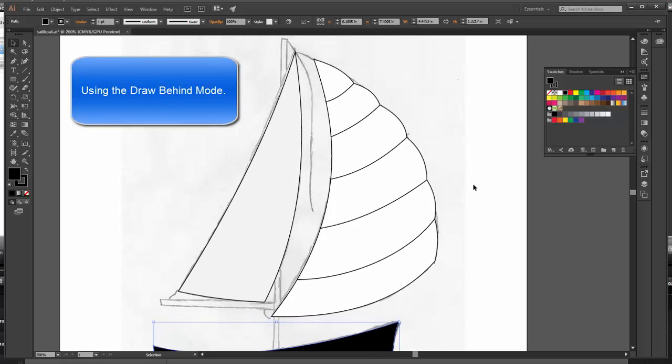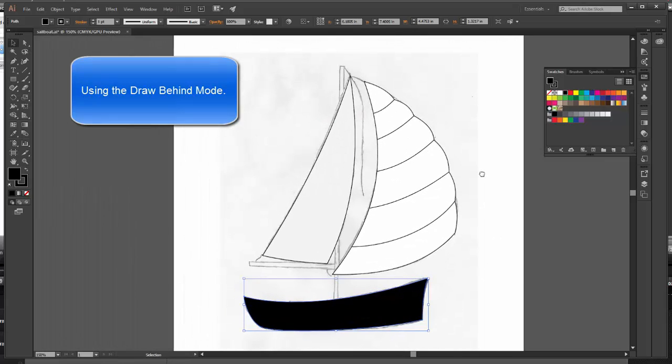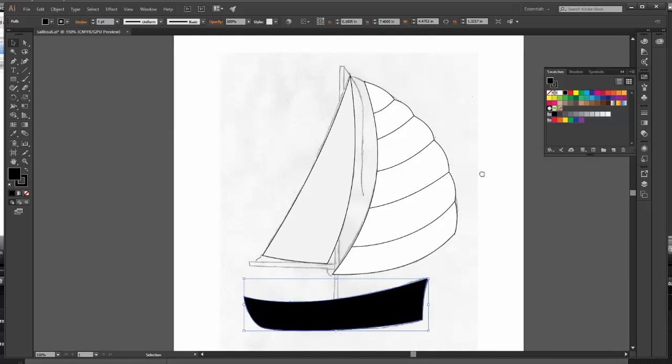You might want to zoom out just a little bit if you're in that tight, because the next thing we're going to do is create the mast that is behind the sails. So we're going to be working with the Draw Behind mode. Deselect everything on the artboard. Choose the pen tool,